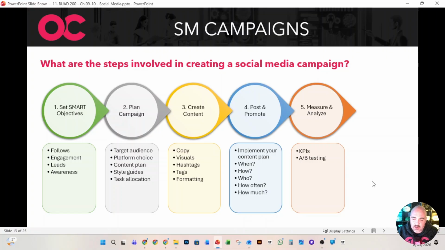And then last thing here, guys, always measure and analyze. This is digital marketing, so we've got all the data, so we need to measure it. Did we achieve these KPIs over here, our objectives that we were looking for, the key performance indicators? And did we do A/B testing? So did we put out multiple social media posts that we can check to see which one did better than the other, and then take the successful elements out of the one that did best?